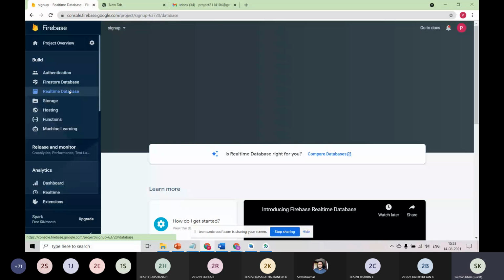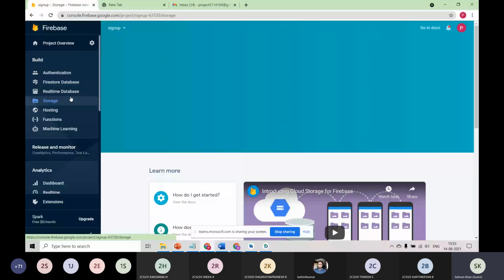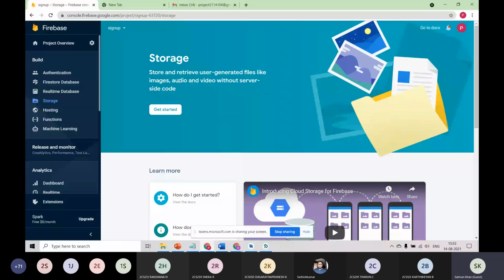And here are a lot of things like real-time databases, and also storage. In storage, you can upload images, profile images, or any sort of thing you need for this application. And the main thing, it's a NoSQL database. You don't need to be aware of SQL here. With the simple functions provided by this package, you can use it simply, and you don't even need to know a single part of SQL.